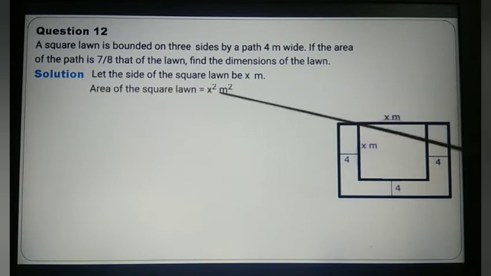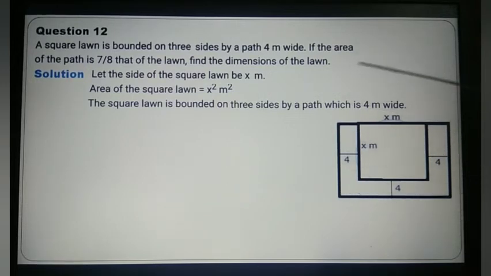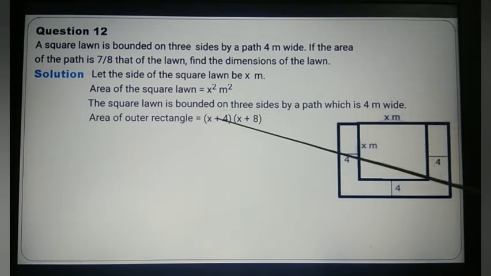So the area of the square lawn is going to be x square. Fine. Now the square lawn is bounded by this one. Yes, so let us see what is the area of this one. So let's check that. So we have the area of the outer rectangle is going to be